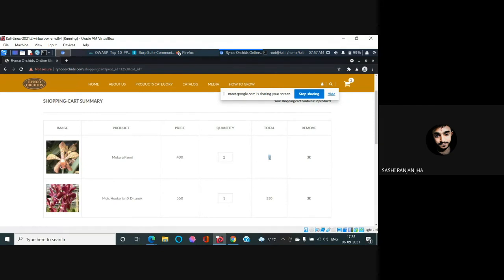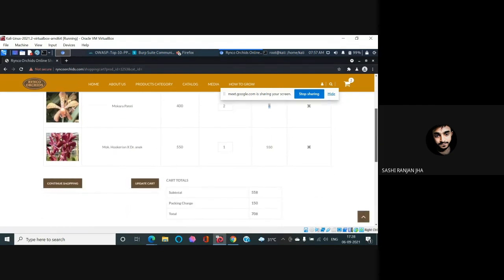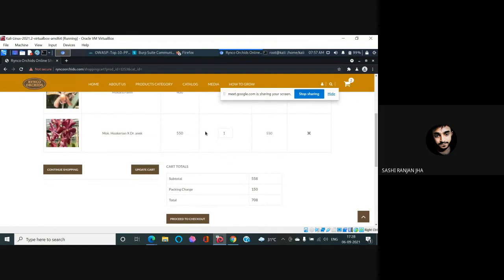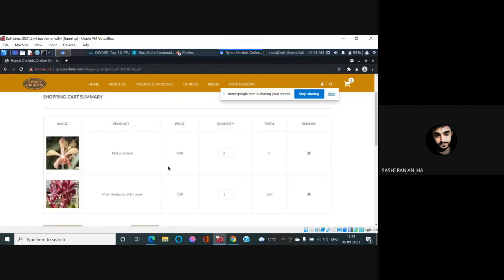So it costs me 8 rupees right now. I didn't change anything over here, so for the one plant it is the same, but it is adding 8 rupees for those two plants, which should cost 800, but it is costing me 8 only.